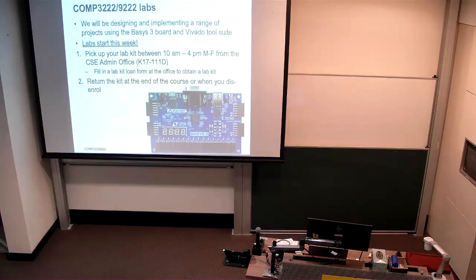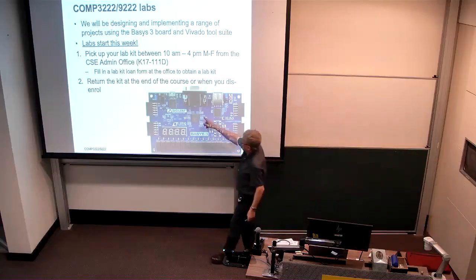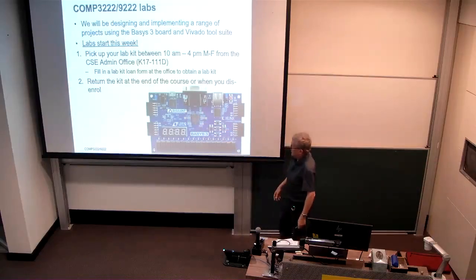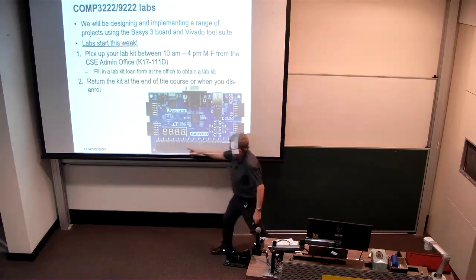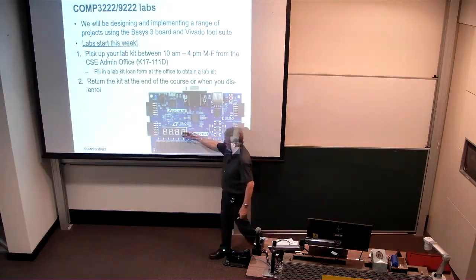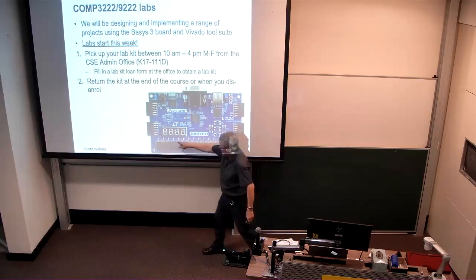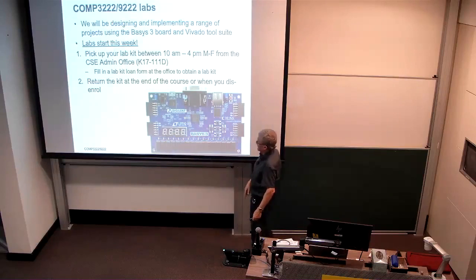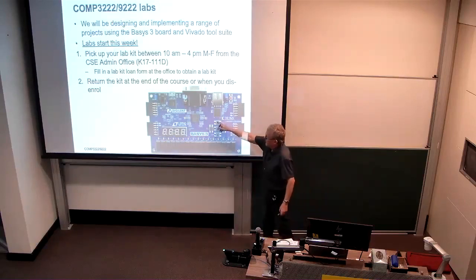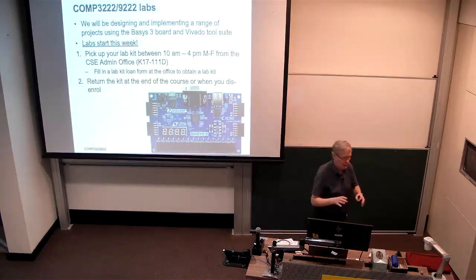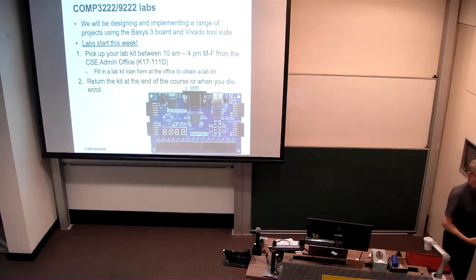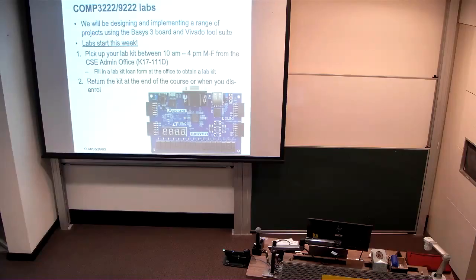All right? So here's the FPGA in the middle here. That's that RTX 700 that I was telling you about. There's a pile of switches here, and there's LEDs along the bottom here, and there are these 7-segment displays, and there are some push buttons here. They're the main things that you're going to use to interact with the FPGA once you've loaded it with your design, to make sure that your design is correct, to test it.